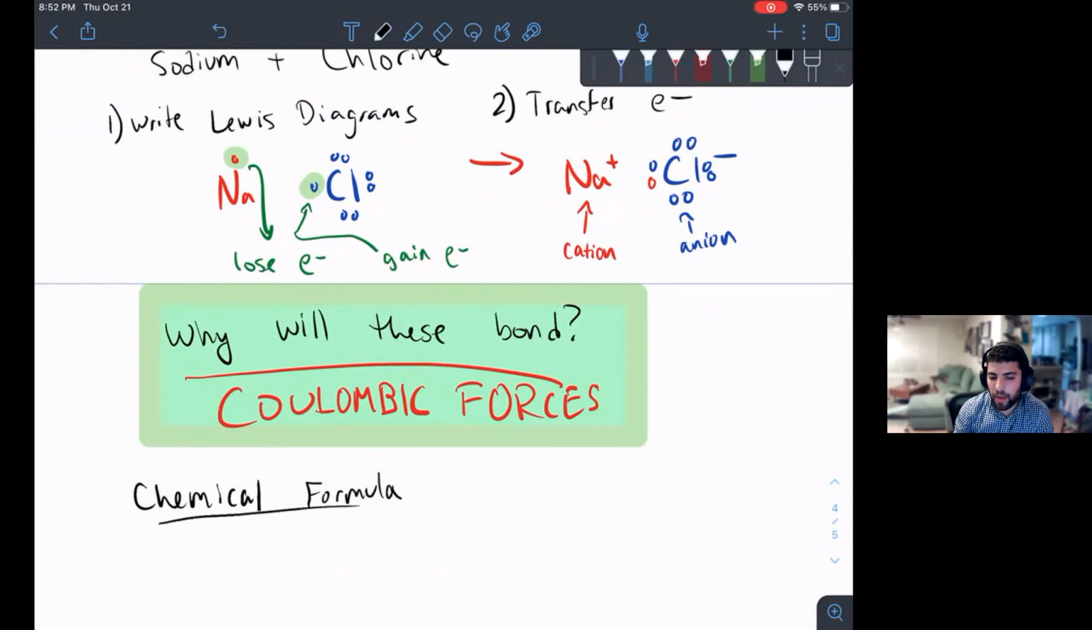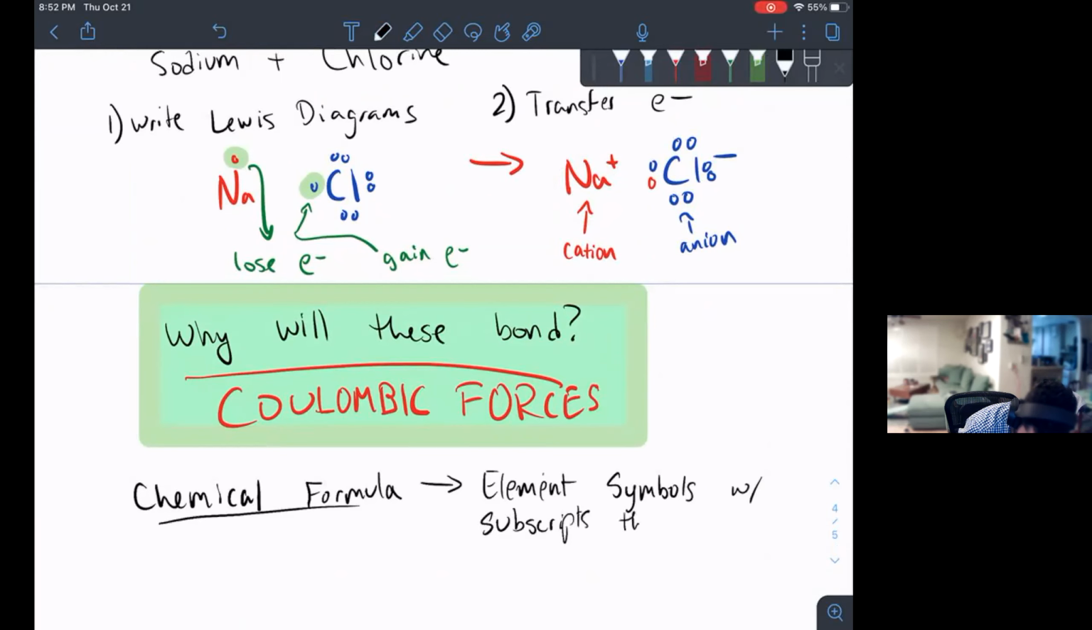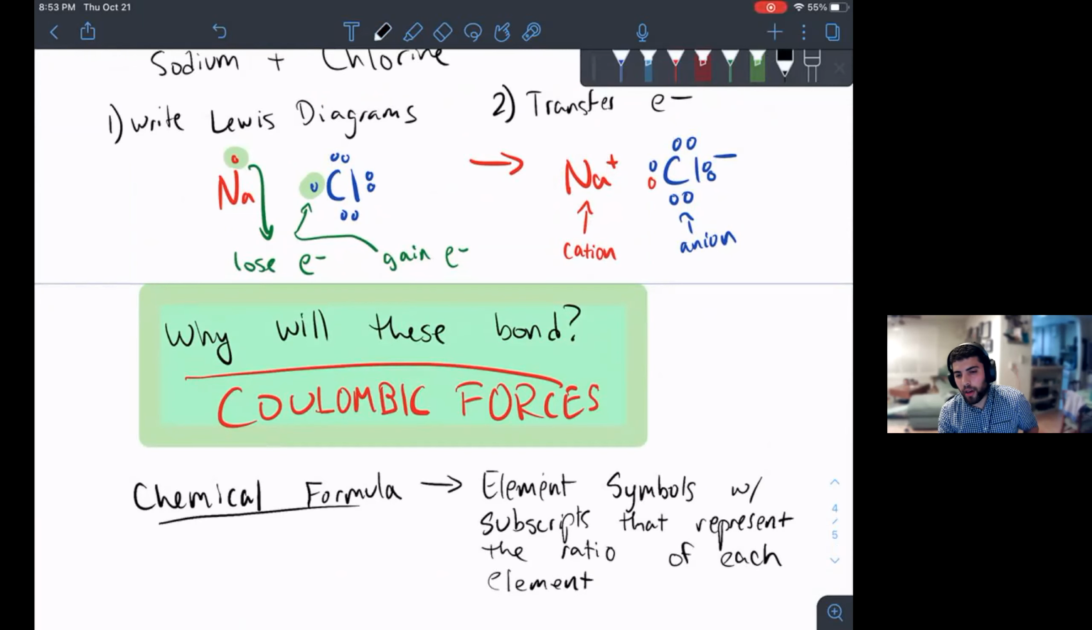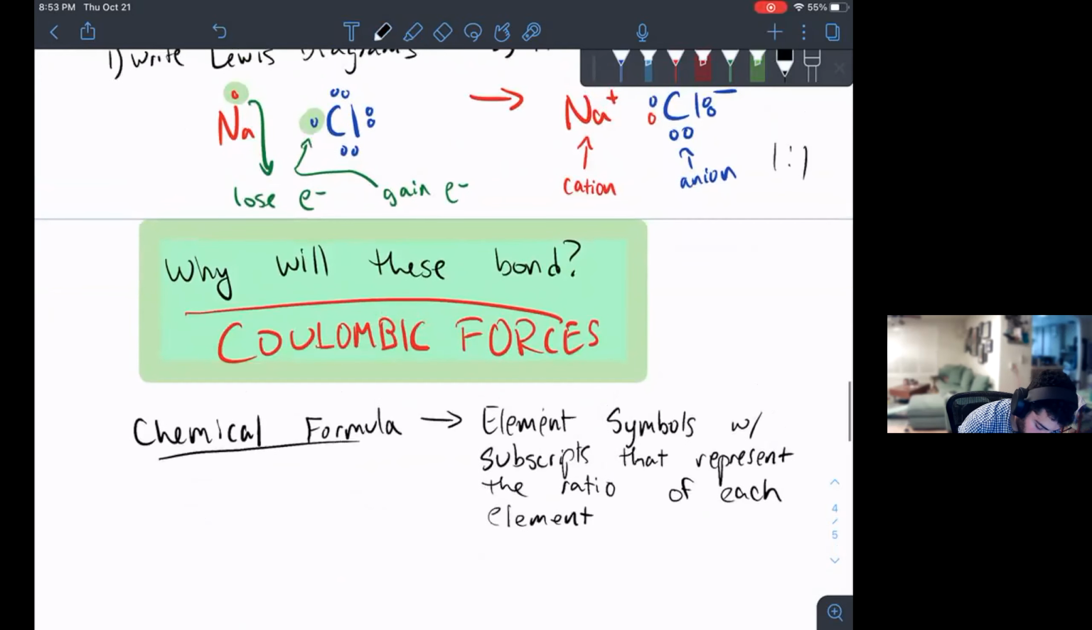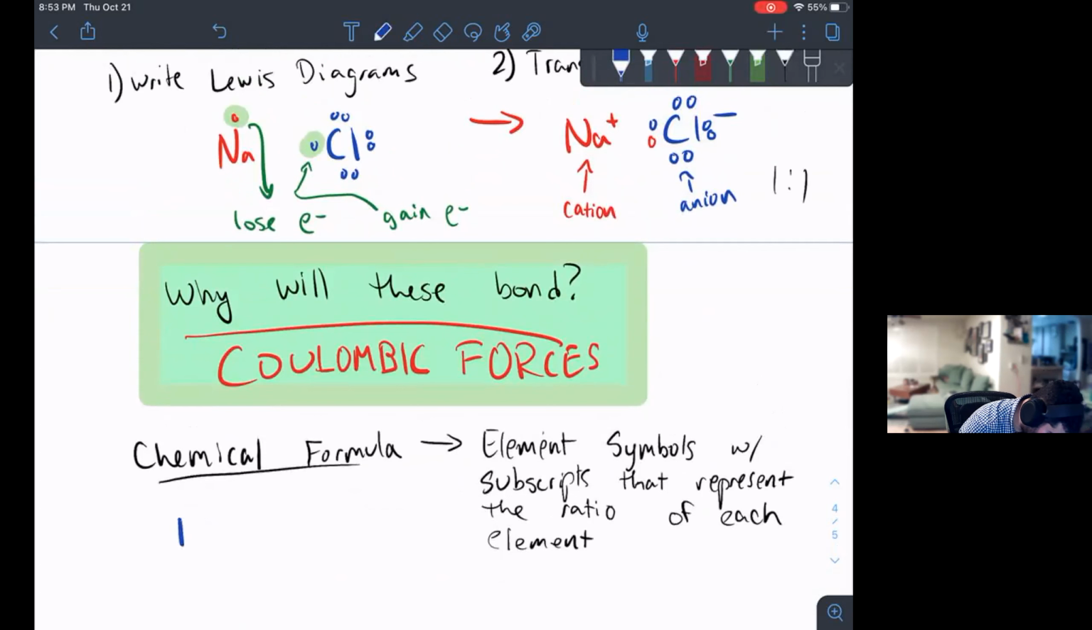So the chemical formula is just the element symbols with subscripts that represent the ratio of each element. That's a lot of fancy words for saying if we have 1 sodium and 1 chlorine, the ratio here is 1 to 1, which means our chemical formula for sodium chloride is going to be Na1Cl1,